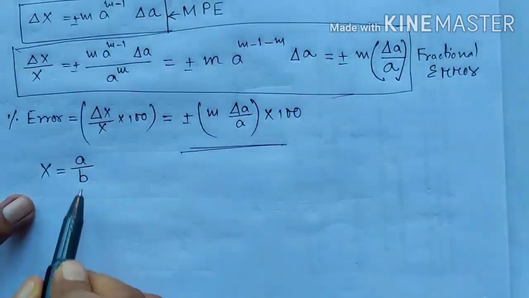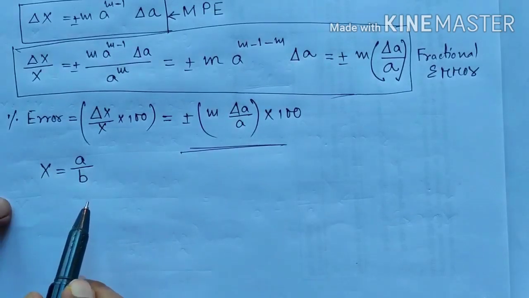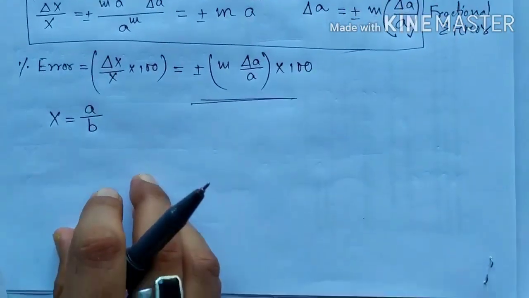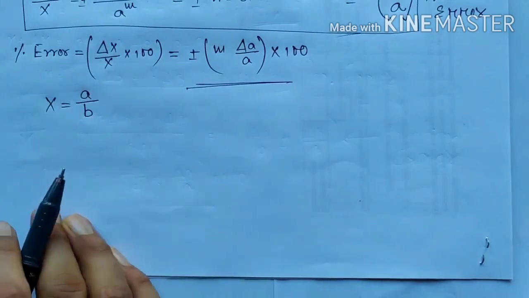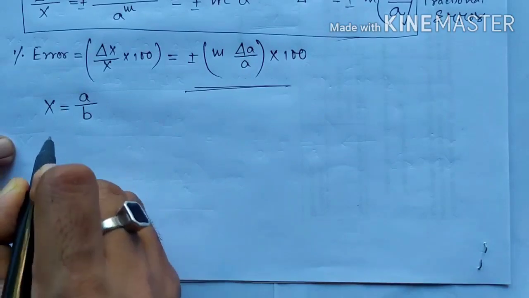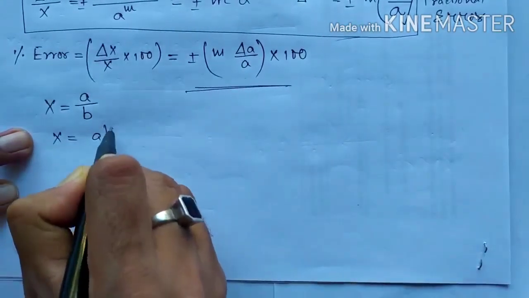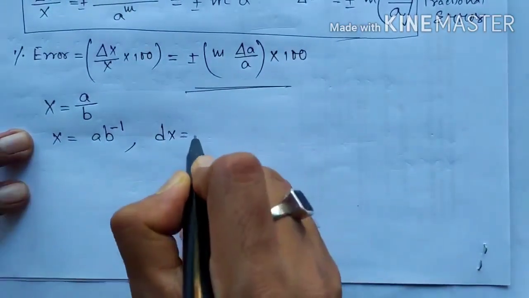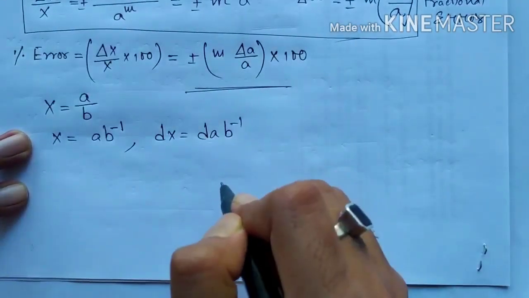So if x equal to A by B is the form, then how to obtain the expression of maximum permissible error, fractional error and percentage error? This is similar to just what we have done right now. So let us first differentiate x. I can write this x also as x equal to a b to the power minus 1. So d of x will be equal to dA b to the power minus 1